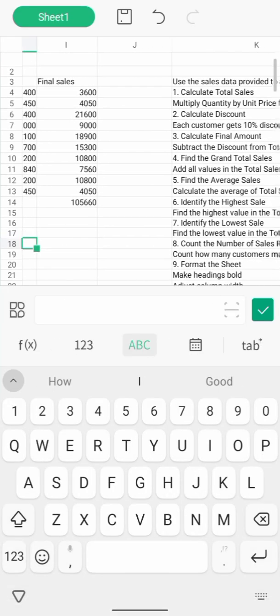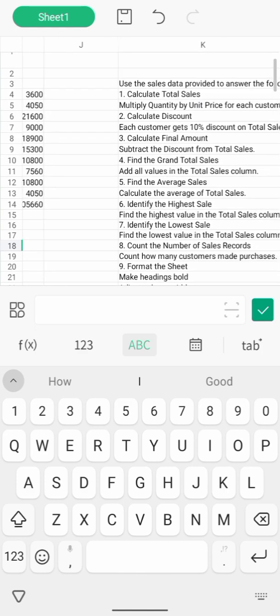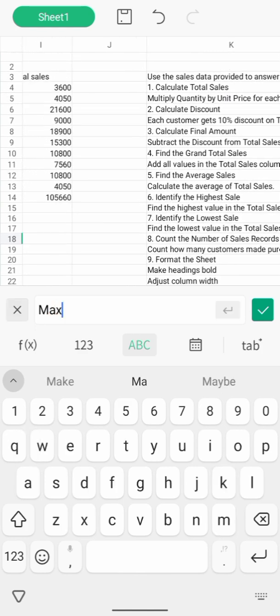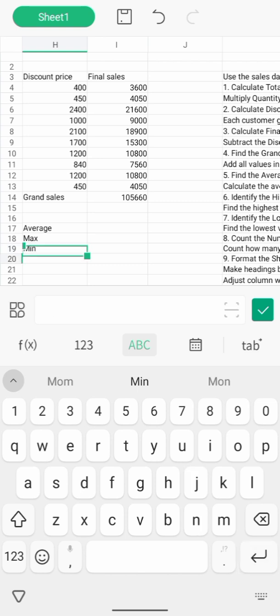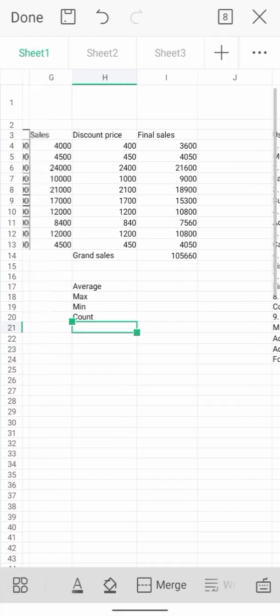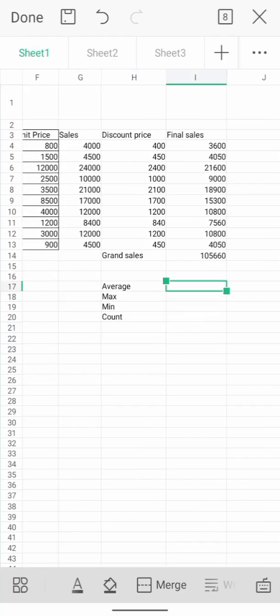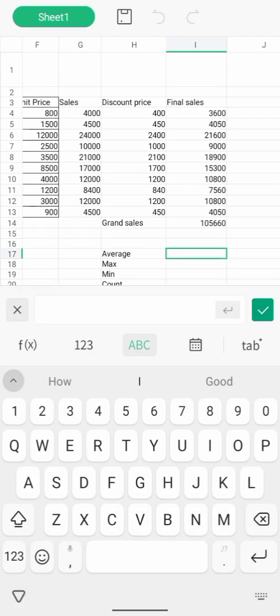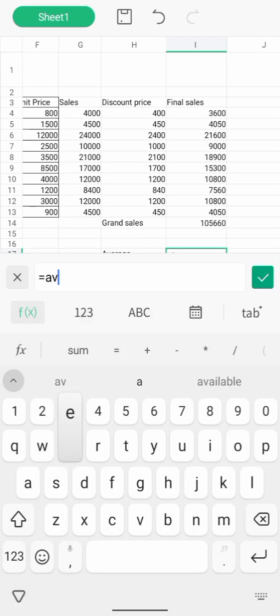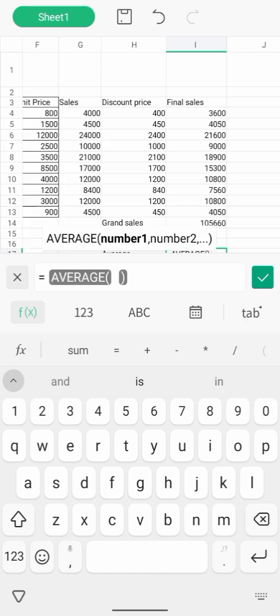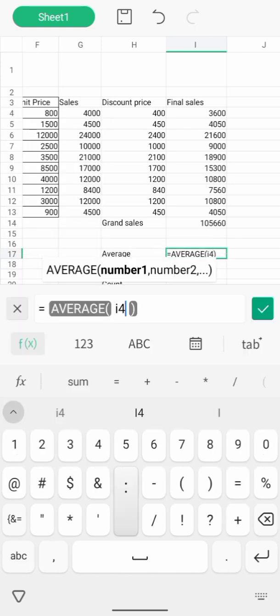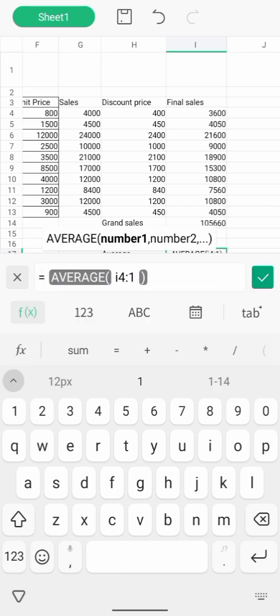Average. After average we have what? We have the maximum, we have the minimum, we have the count, and what again? I think that's all. Okay, so how do you get our average? The average of these cost, which is equals to what? Is equals to average. You see, average open bracket I 4 column I